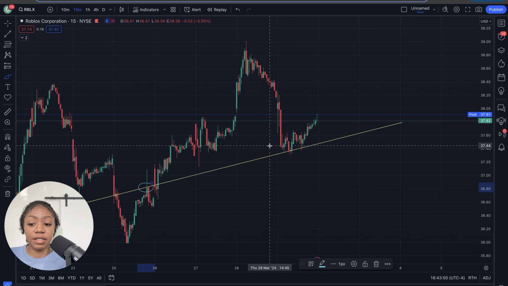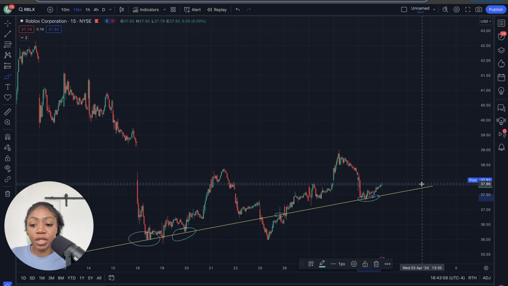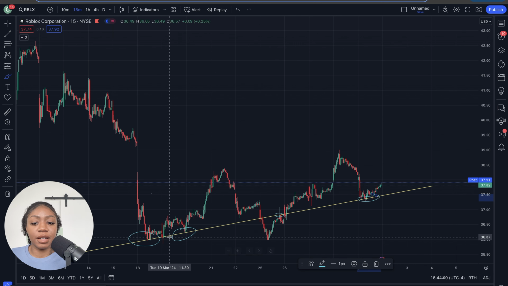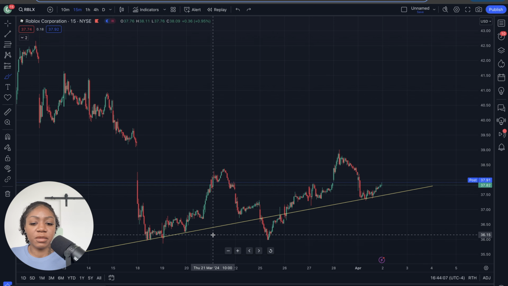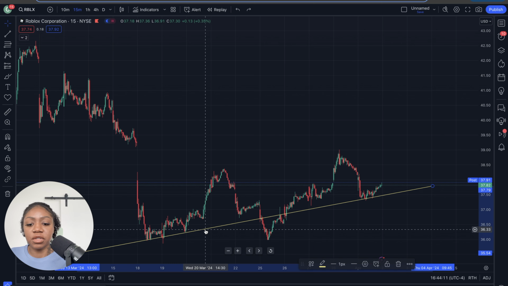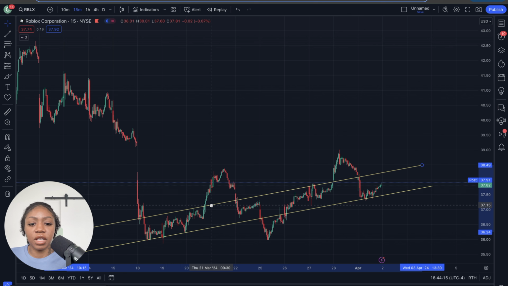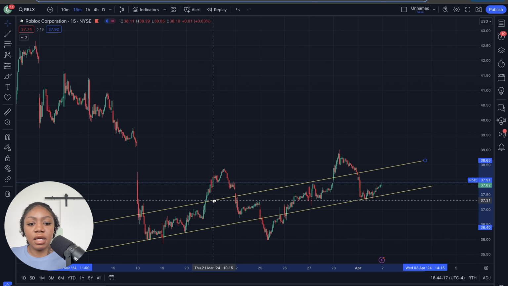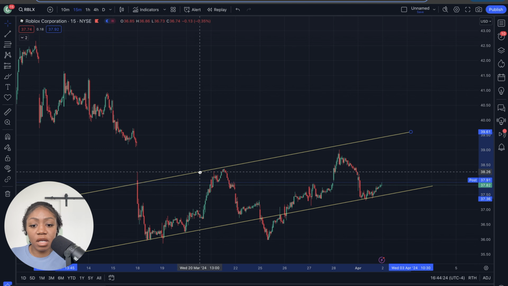So resistance, which is still respecting the area, and then support. So 1, 2, 3, 4 touch points versus 1. That is why I decided to put that there. So you just want to go off of touch points. And again, it's not going to be 100% perfect, especially when you're working with just a single line, but it gives you a general area of what to look for on your chart where price is going to either get supported or get rejected. Now I can clone this so I can have the same type of angle and then